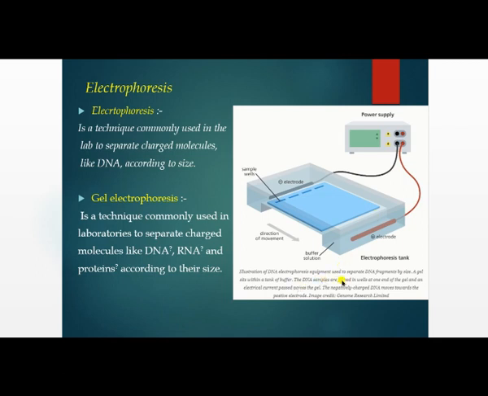DNA samples are placed in wells at one end of the gel and an electrical current is passed across the gel. So here we are preparing wells on this gel so that we can load our samples here. The direction of the sample is toward the positive electrode. Here are the negative electrode and the positive electrode. DNA has a negative charge on its surface, so it tries to move toward the positive electrode. So the direction of movement is negative to positive. Okay. Next,